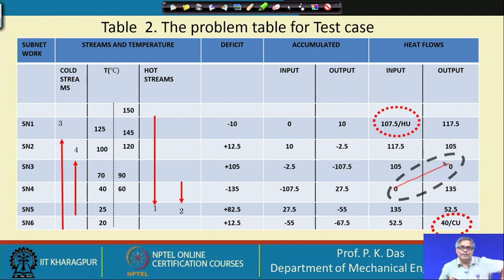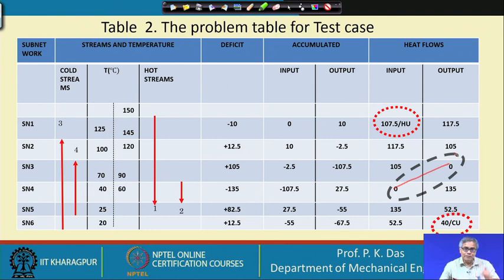How can I do that? Let us do one thing. At the top, at the hot end, I have added 107.5 hot utility. Instead of that, let us add 110 hot utility, something more. If I do this, you will not get 0 over here, you will get some positive value. That means this is not violating the second law, because from the upper sub network only energy is coming to the lower sub network. So, this is not violating the second law of thermodynamics.